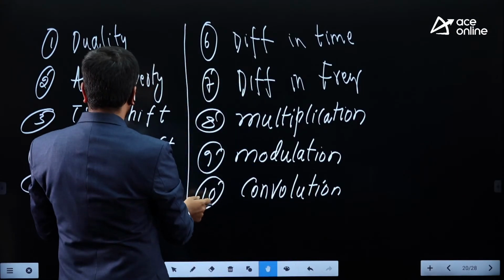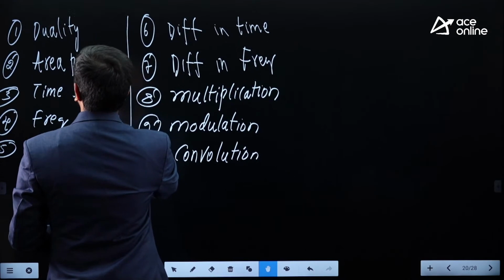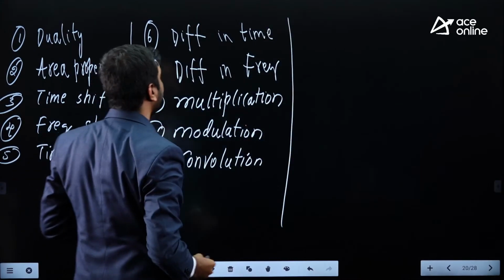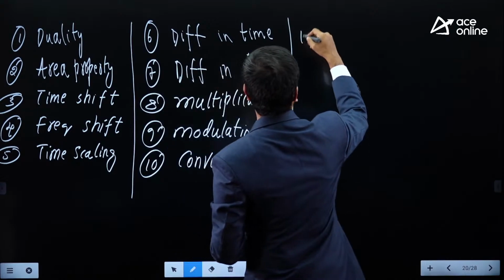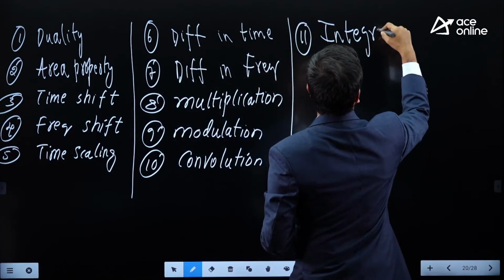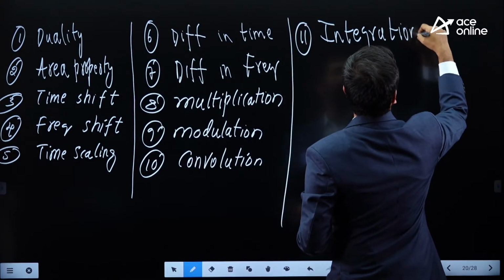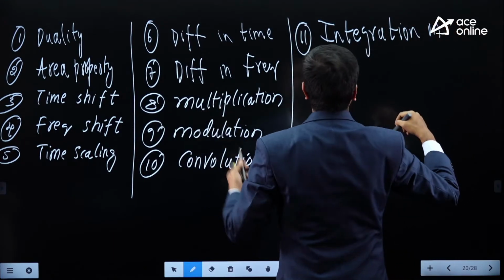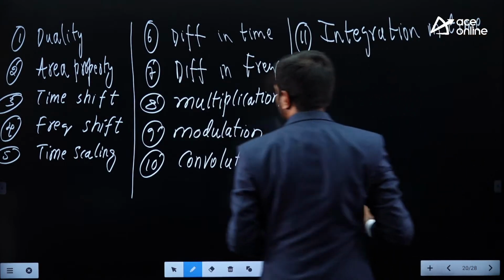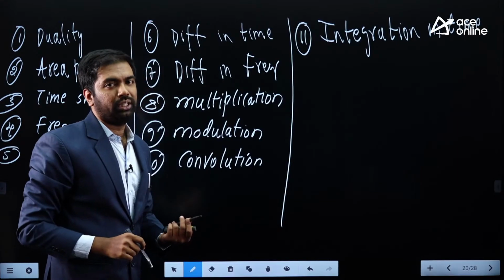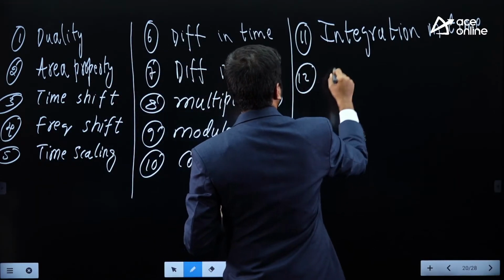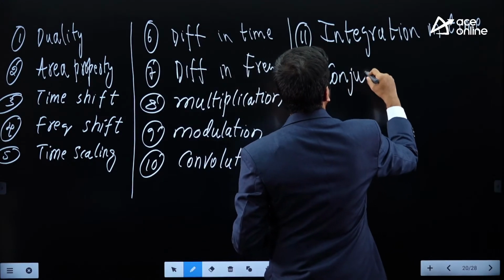Let's see a few more properties. Okay, so we have plenty of them. Let me list them out. So these are the ones that you are supposed to prepare. Integration. And this order is also important. Okay, integration in time. This integration in time is just an extension of this convolution property. So we have a few more properties like conjugation,